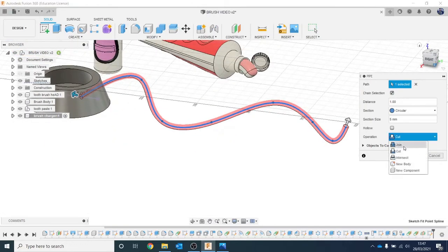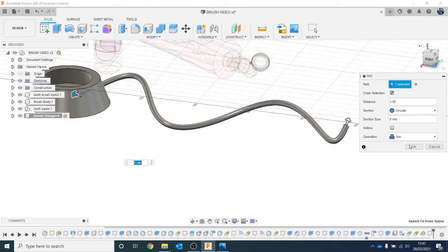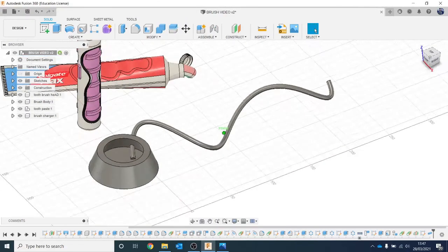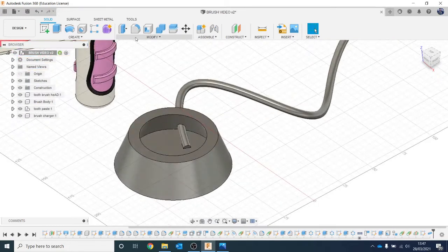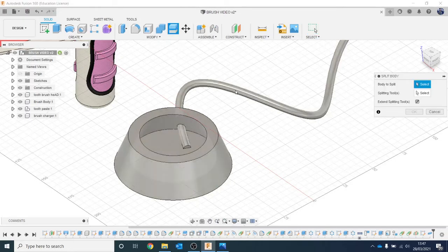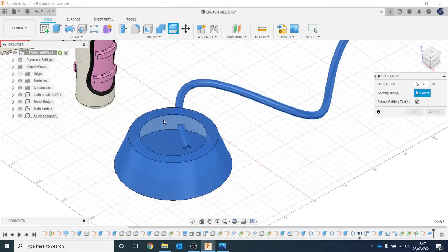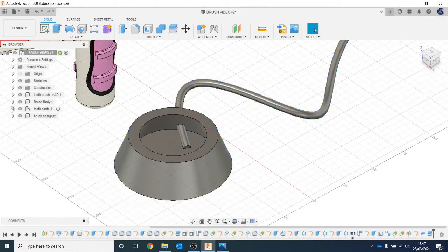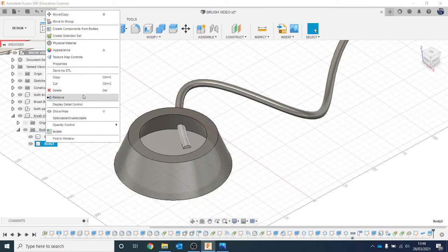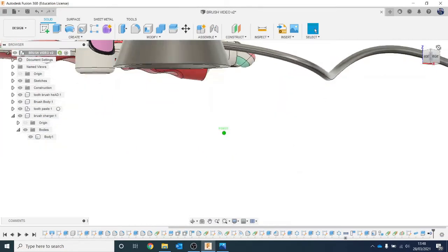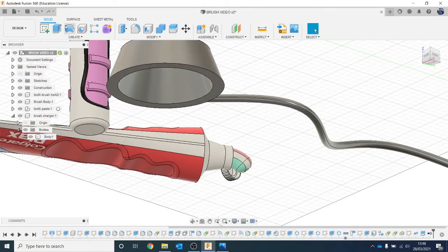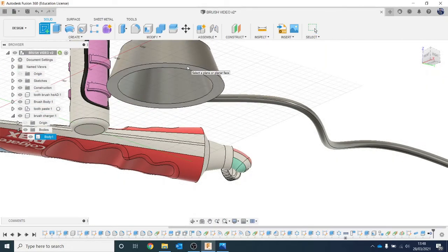Now we want that to join. Okay, so we see we've still got a bit of cable. Now we don't want this bit in here, so let's go to split body with that surface there. Then what I can do is find out which body that is. Let's go and edit and remove. And nice and easy, I can just